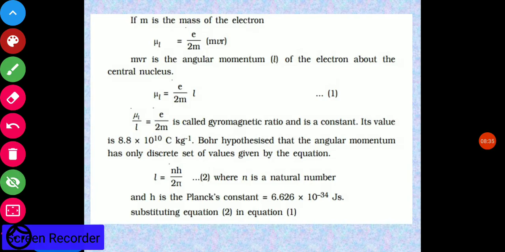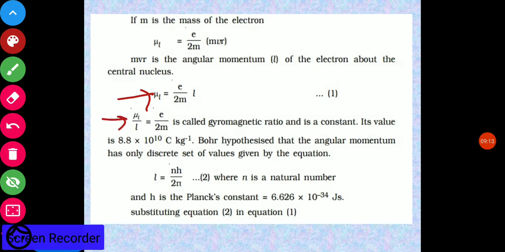Now if m is the mass of the electron, then multiplying and dividing by m, the previous expression reduces to mu L is equal to e upon 2m into mvr. Here mvr is the angular momentum L of the electron about the central nucleus. The expression for angular momentum you have studied in class 11th: angular momentum L is equal to mvr. So in place of mvr we can write L, and the expression reduces to mu L is equal to e upon 2m into L, or mu L upon L